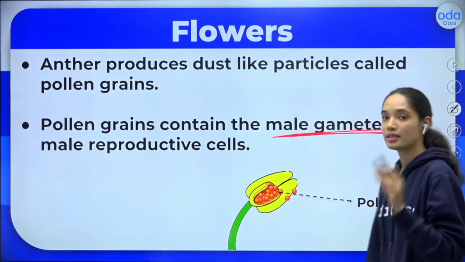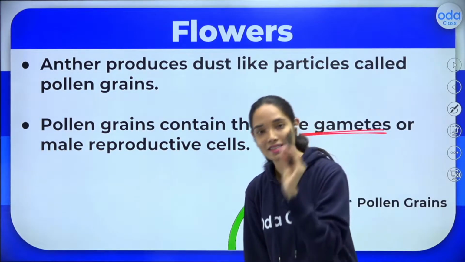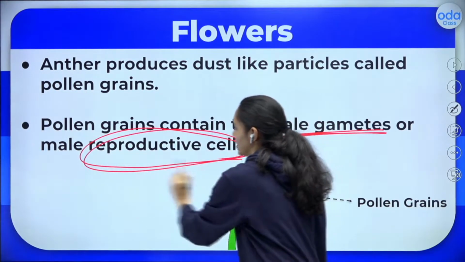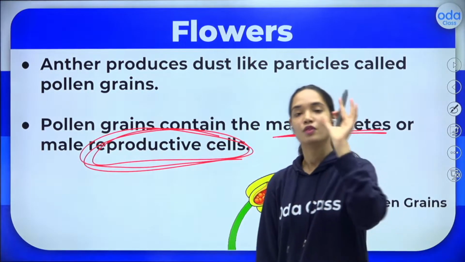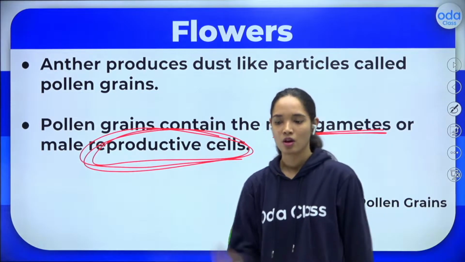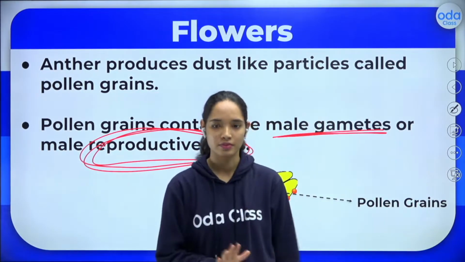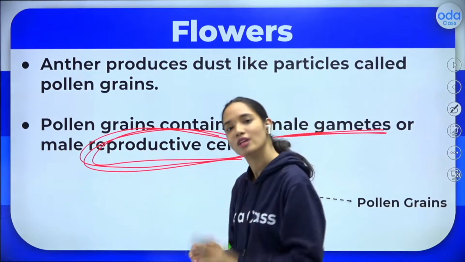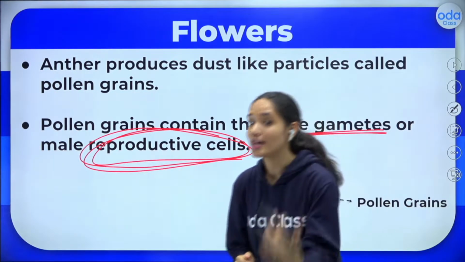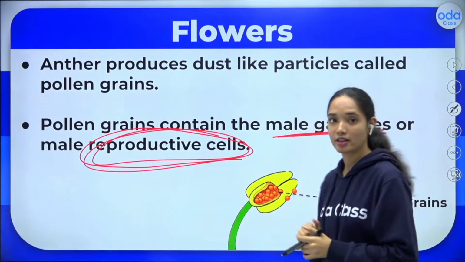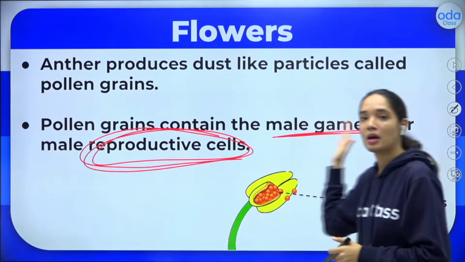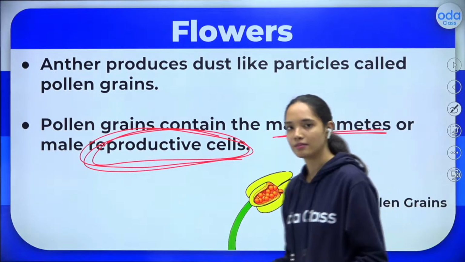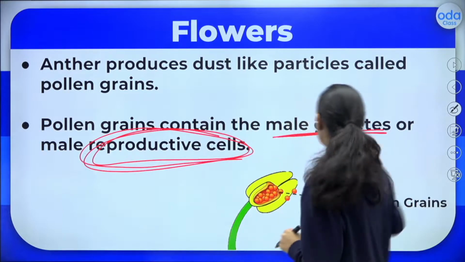They contain male gametes. When I say gametes, it means they are the reproductive cells which are going to help in reproduction. Always remember, my dear students, stamen is the male reproductive part. Stamen has anther and filament. Anther produces dust-like particles called pollen grains. These pollen grains contain male gametes. Gametes means reproductive cell. Is this clear? Okay. So now moving ahead,